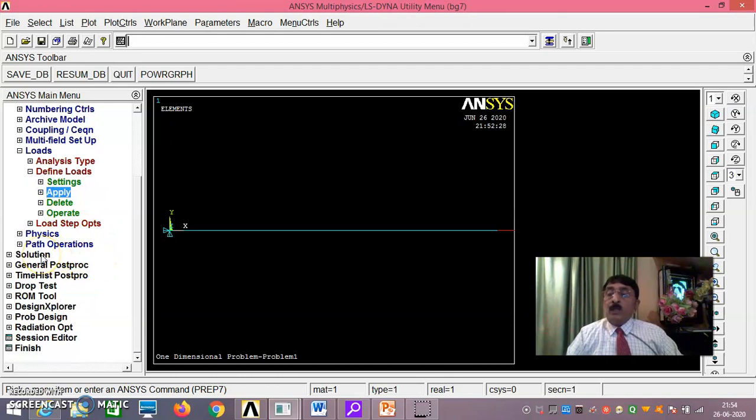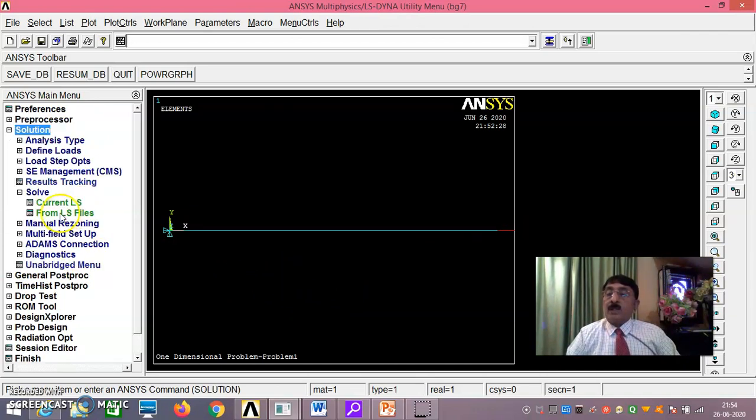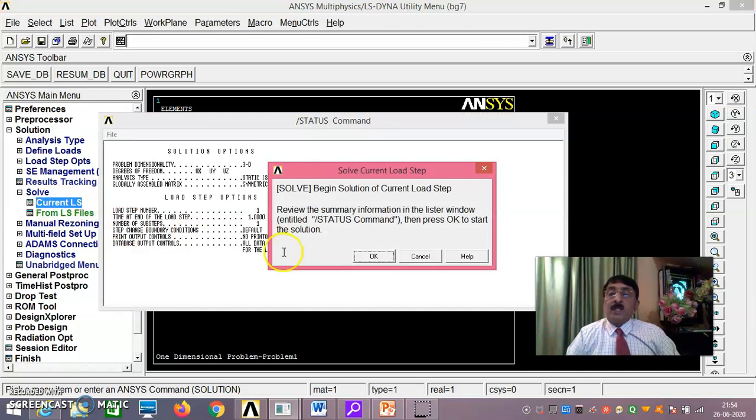Okay, then you do the solution also, where instead of 500 you are given 5,000. Then solution, solve, current LS, and all that you do.